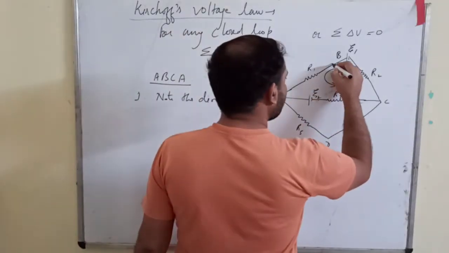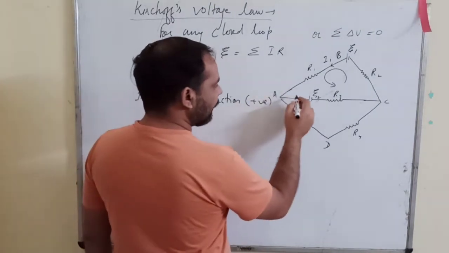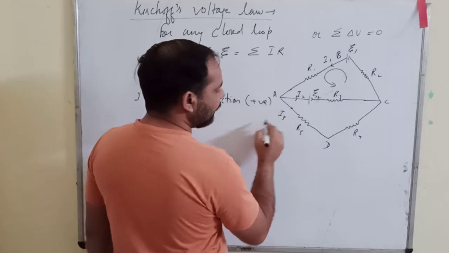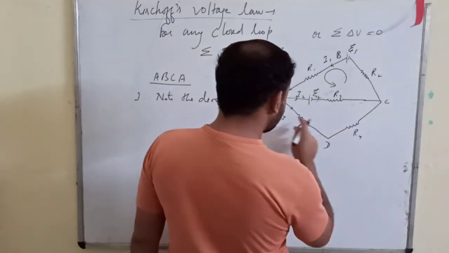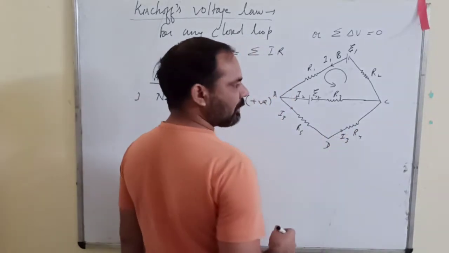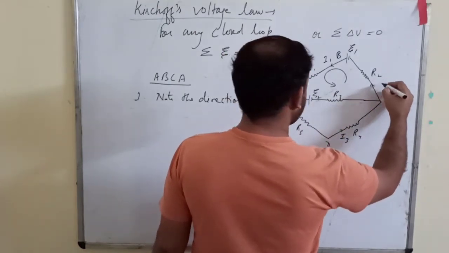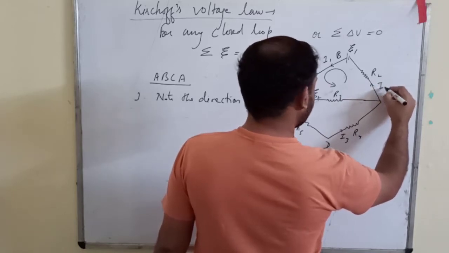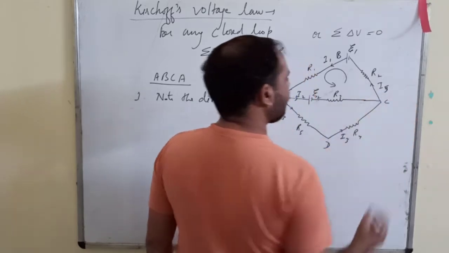Suppose I start from here. Let us suppose that this is I1. Then here it divides and it is I2. This is I3. And then it comes like this. So I3, there is no division, so the same I3 will go through this R4 also. I2 reaches here, and here you get, suppose, you can take I4, I5 you can take. This is your choice.